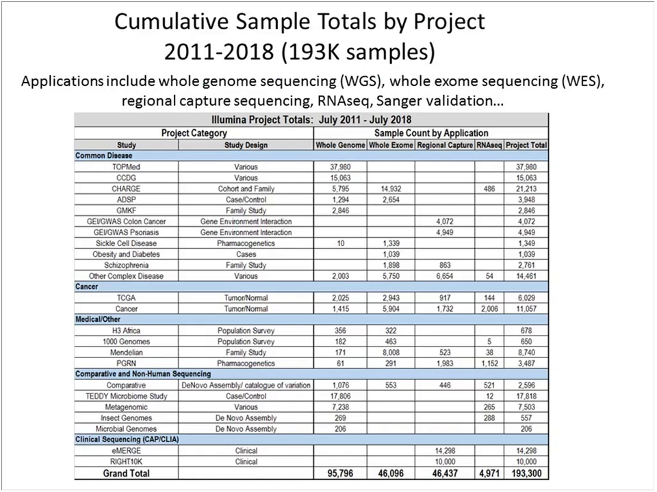This slide shows the cumulative samples we have processed in the past several years. As you can see, our main focus is whole genome sequencing. And we also have a good amount of whole exome and regional capture sequencing. So altogether, in the past 8 years, we completed 193,000